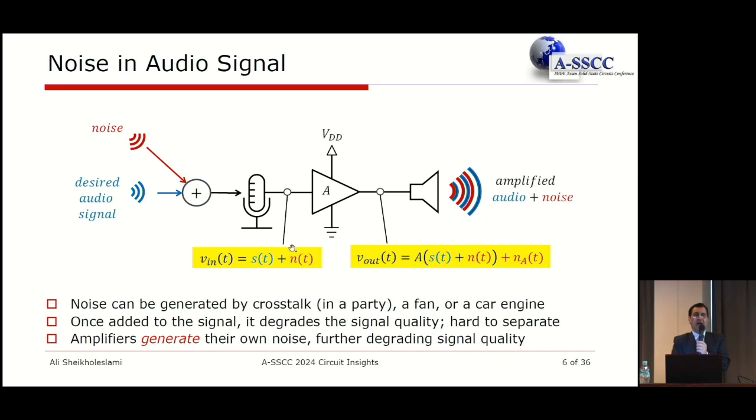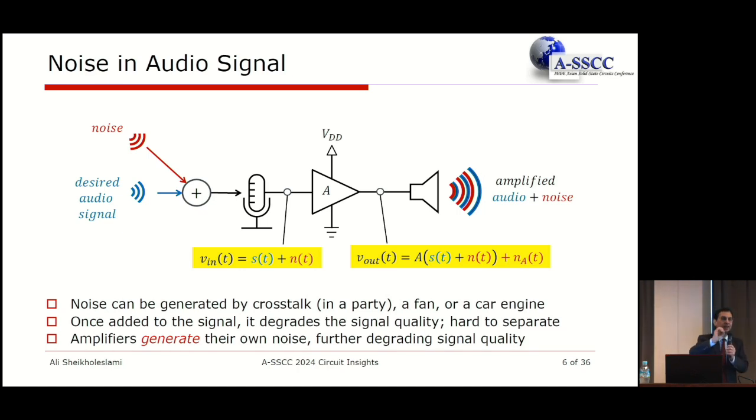Now, we like to amplify this because that was the purpose. We have an amplifier here in the room. In fact, I'm using the microphone, and we have an amplifier. It's interesting that, obviously, when the amplifier is going to amplify this, it's not going to distinguish between signal and noise. Both of them are going to be amplified at the same time. This should be no surprise. That's great. But it seems that in addition to having S of t plus N of t being amplified by a factor of A, there's this additional noise. That additional noise is the electronic noise.